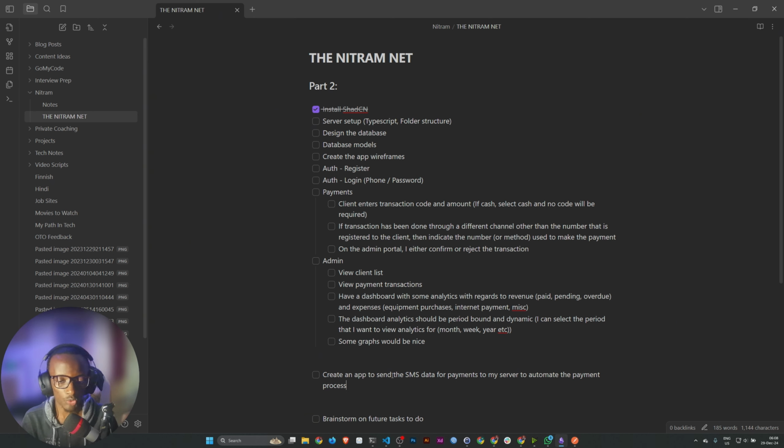So in this way, the payments will not even have to go through the software. A client will just send me money to my phone number. The app will get the message, send it to the server. Server will handle it, update the client's payment details, send the client an SMS that payment has been received,